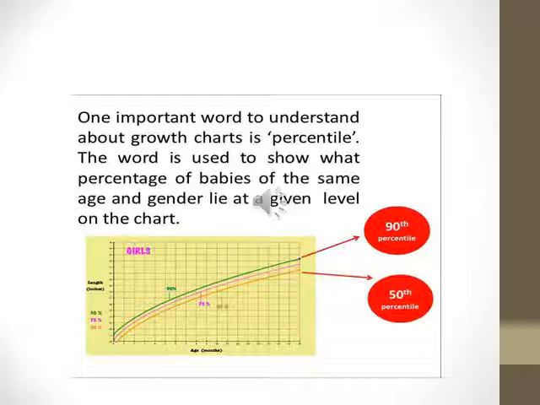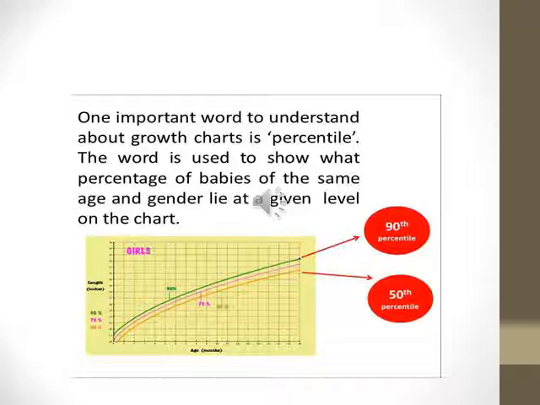In the very beginning of this lecture, I told you that the growth curve uses the percentile. Now, what is the percentile? It is important to understand what the percentile is. The percentile means, if we say the child falls at the 50th percentile, this means that 50% of the children worldwide, in that particular region, have this height for age or this length for age. And the 98th percentile means that 90% of the children are under this weight or this height for that particular age or gender. So this is the meaning of the percentile.